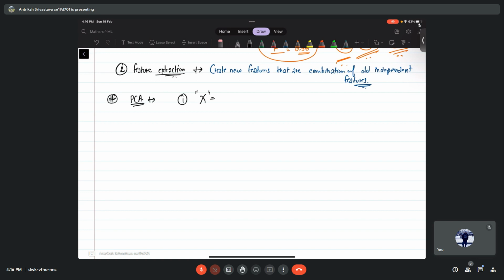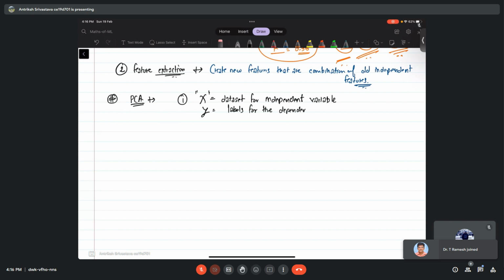The explanatory variables, the independent variables. And then y, small y, usually we represent it by small y, are the labels for the dependent